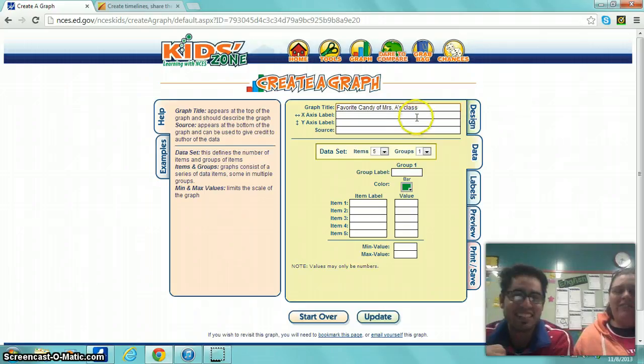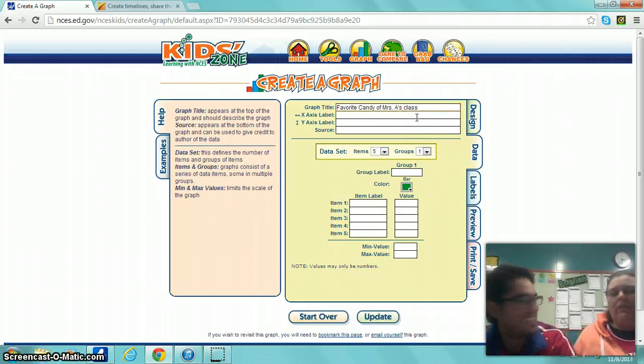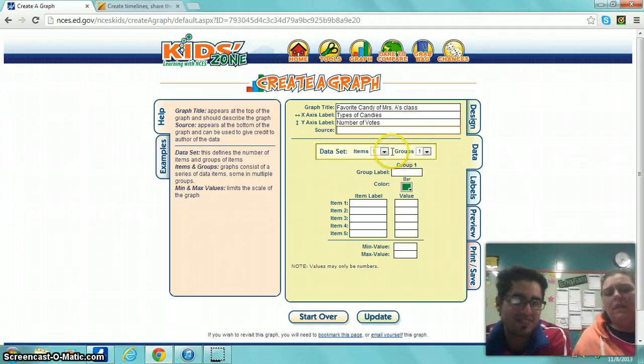Perfect. And for your x-axis, this is a good tool for teaching your kids what the x-axis and what the y-axis is. For the x-axis, you're going to be doing types of candies. My fingers are cold, so I can't really type good right now. And then for your y-axis, you would do number of votes. And then this, you don't have to do source. And then we have, this child chose 5 different candies. So for data set, you have 5 items,